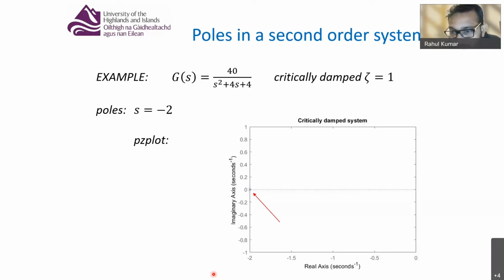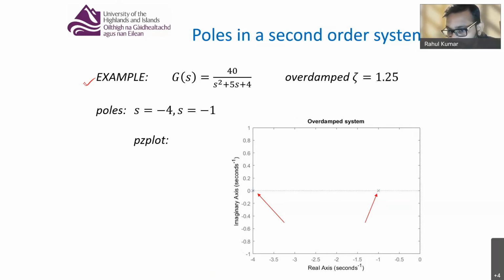Okay, so I have put a cross over here, right? So basically what is happening is when my system was overdamped, the location of poles were wide apart,